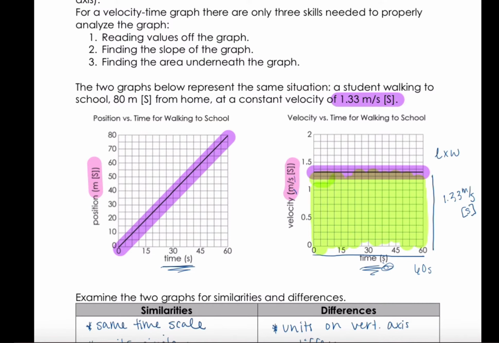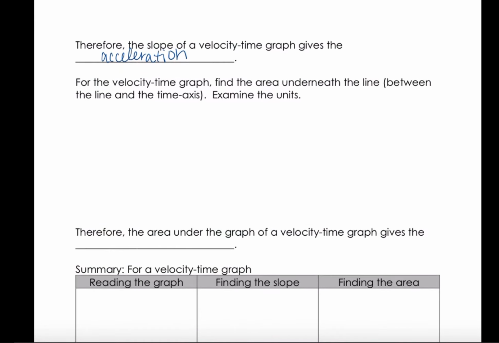So the area is 60 seconds times 1.33 meters per second south. When we multiply that out, our seconds cancel, so we should be left with 80